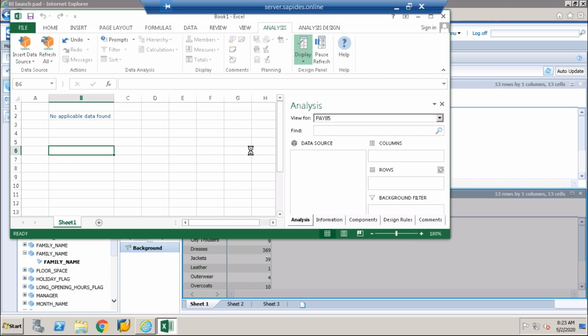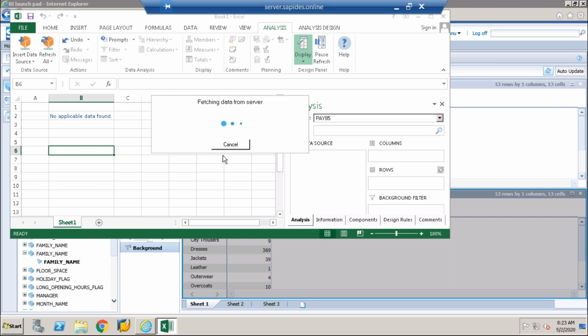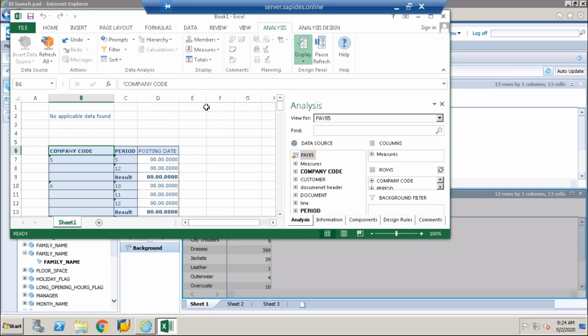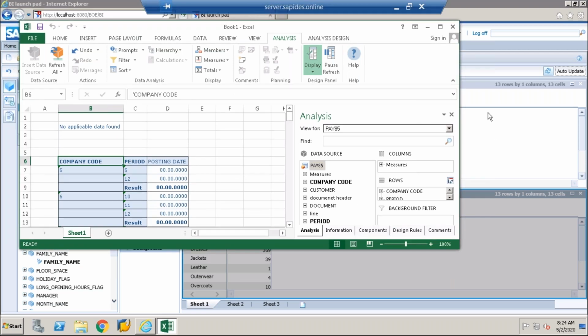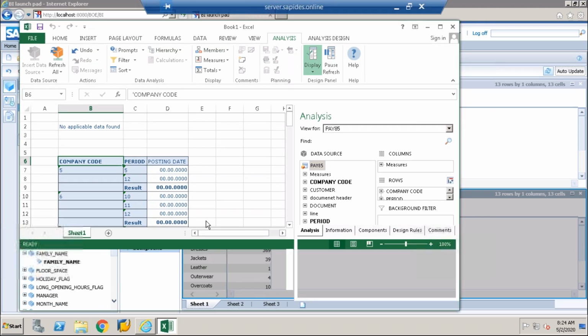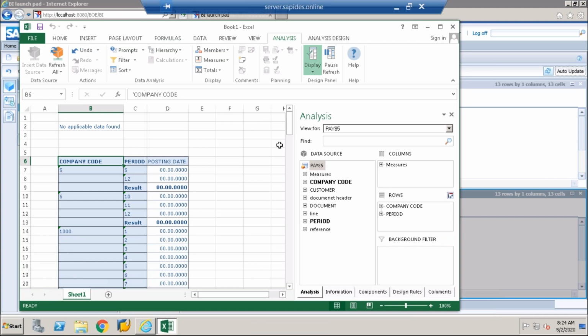So let's see if the data is available. We can see some sample data here. Based on the data, we can just perform these activities. Okay, it's fetching the data. Okay, yeah, it has data now. See, so it has some sample data. Like you can look at now. Based on this data, once we get data here, I want to do some activities.